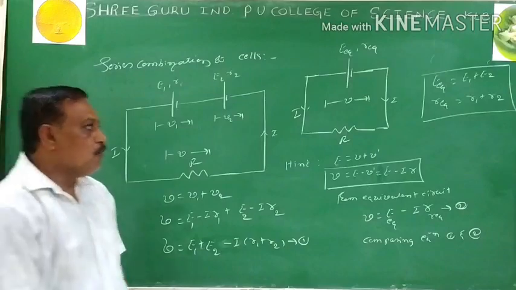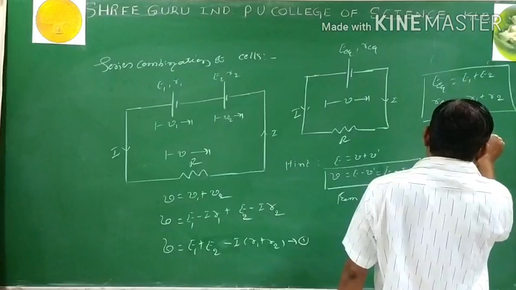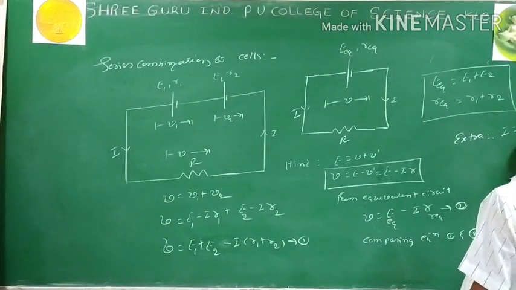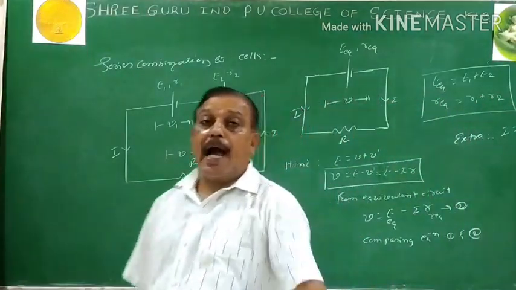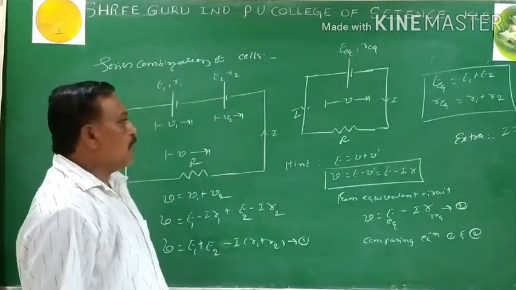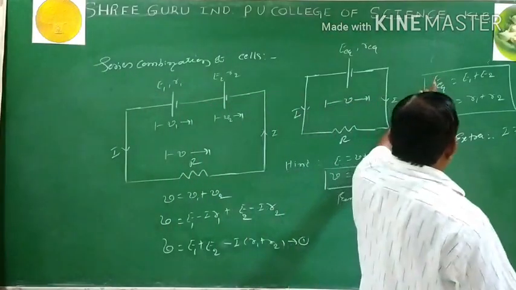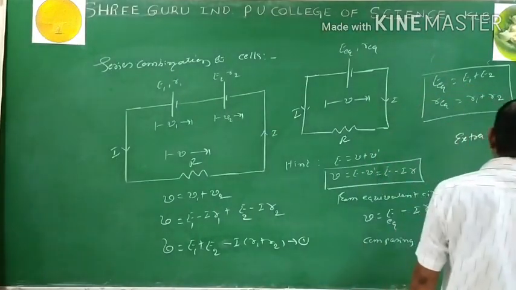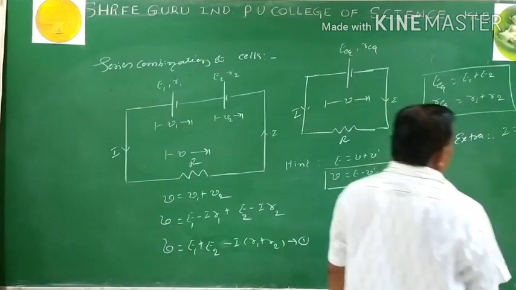If I take Ohm's law applied to the circuit equation, extra derivation is done, extra information, then I equals E divided by R plus R. If I take identical cells, where all the cells are the same, E1 equals E2 equals E3 equals E, then for two cells E equivalent equals E plus E, 2E. I call this E equivalent, R plus R equivalent.